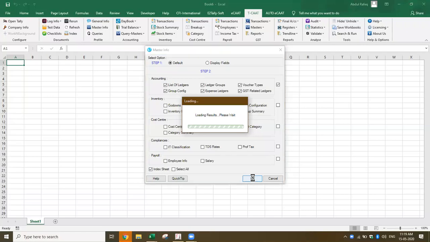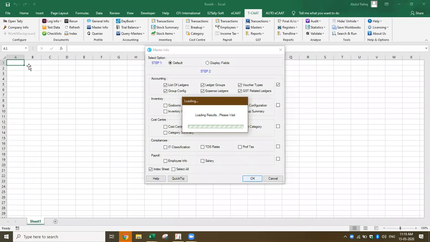And I can decide what should be my audit strategy, what is my audit plan, and I can also find out exceptions based on this. The important thing in this case is that all the data comes in a structured or standard format, so it becomes very easy to do analysis in Excel. Now it's loading the reports one by one. See, it has already imported all the master data.